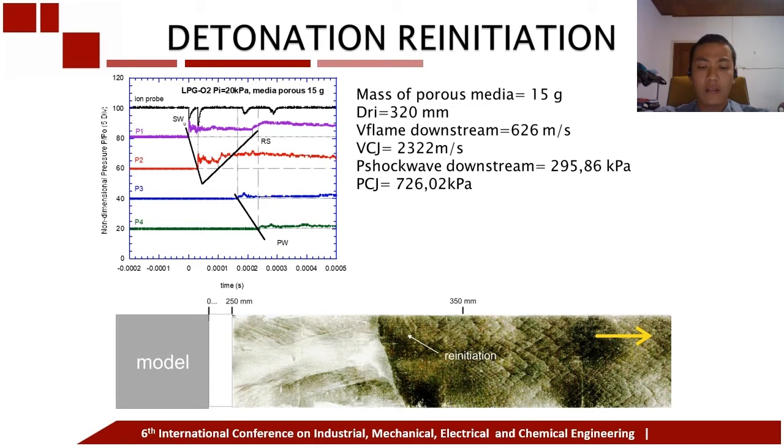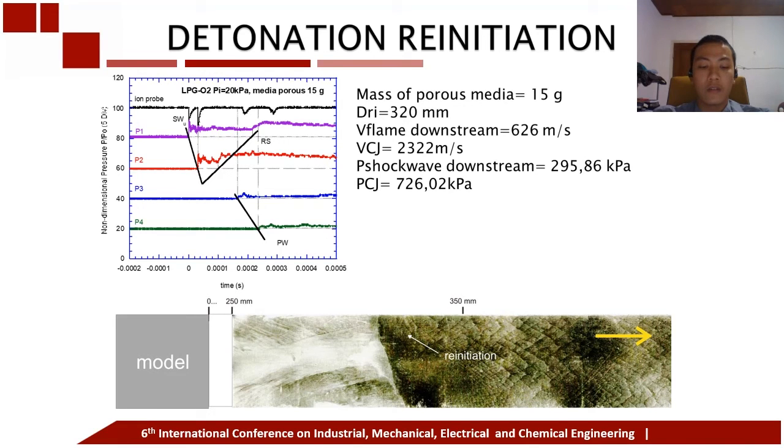Hence, the detonation occurred in the upstream of the model while the propagation occurred in the downstream of the model. Calculation of data from pressure sensors and ionization sensors gives actual downstream flame front velocity and shock wave pressure of 626 meter per second and 255.86 kPa in downstream of the model, which are much lower than theoretical